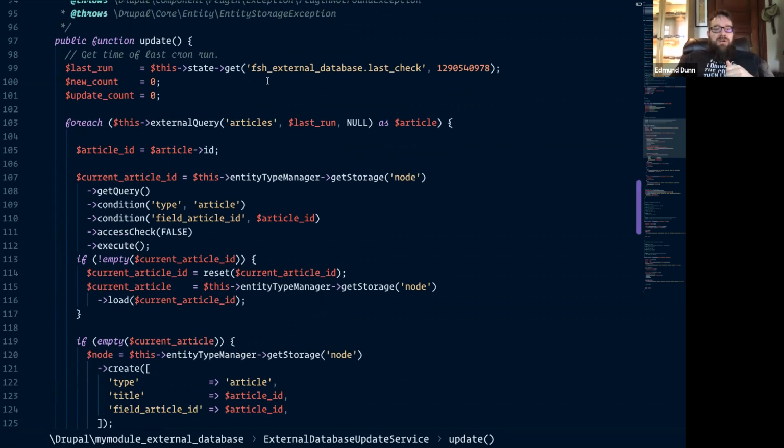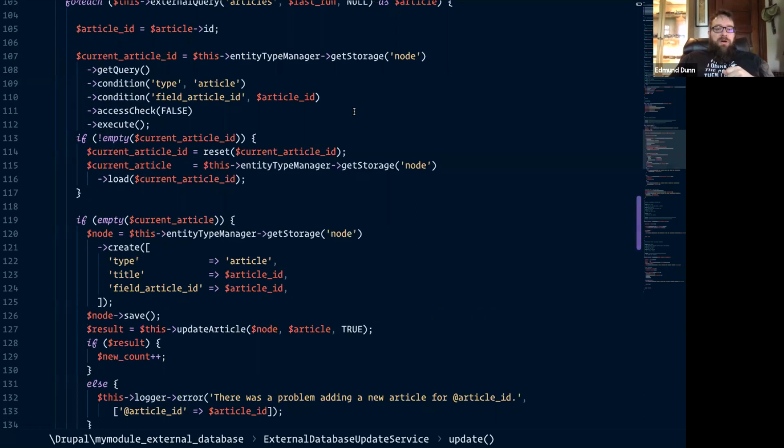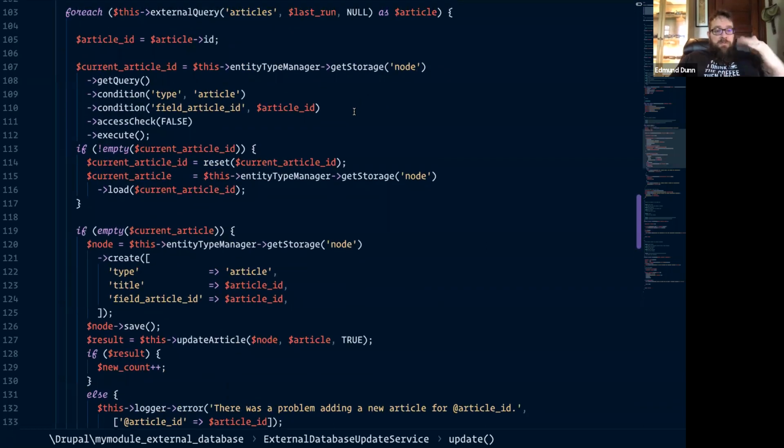Right here is where we're getting the time of our last cron job, and when we get down there, I'll show you where we set the time that it was run. That way it can use that information for querying the external database, just for information that's newer than the last time it was run, so we're not bringing in everything in the database every time.